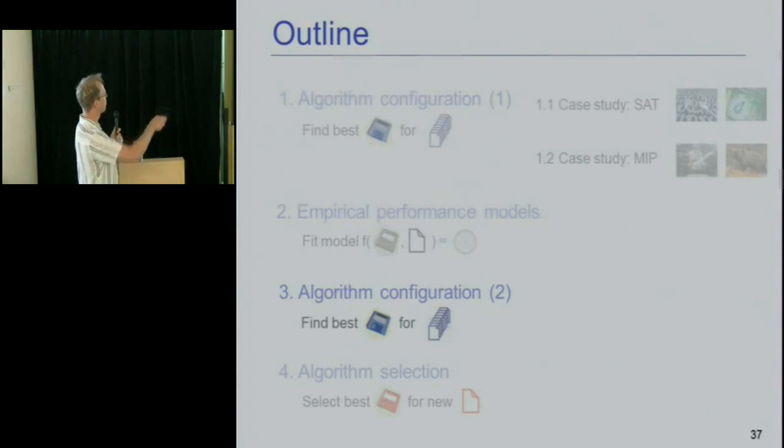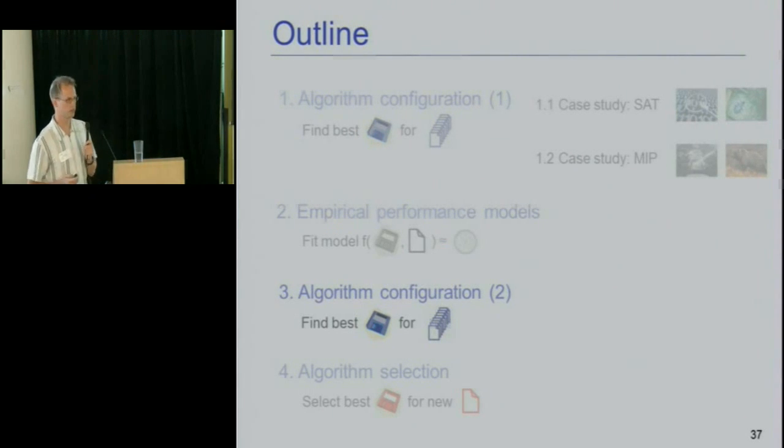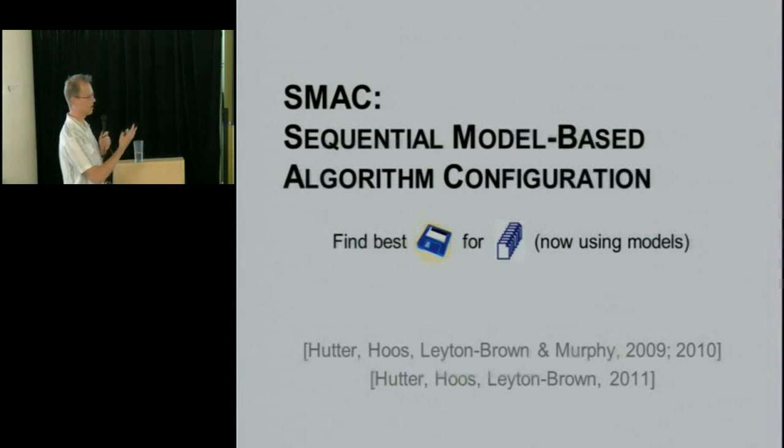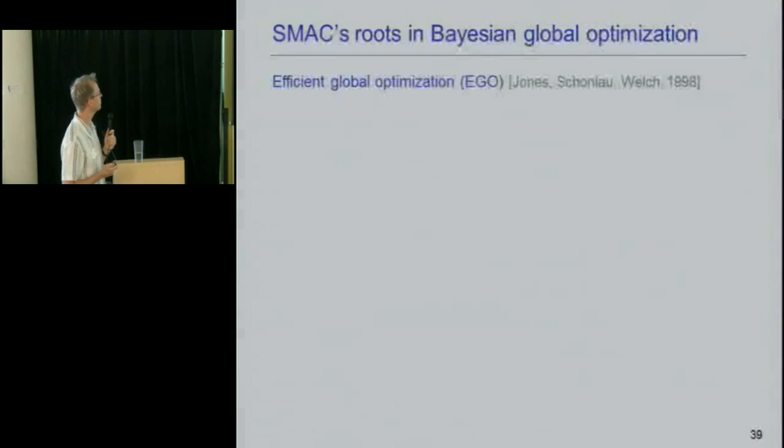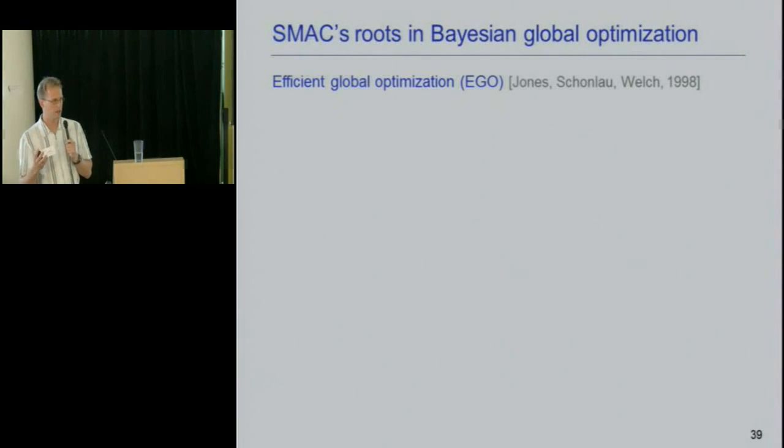So I'm going to talk about using empirical performance models for algorithm configuration. I already talked about algorithm configuration. That is, find the best parameter setting for a set of instances. And now we're going to use models for doing that. This work is motivated by Bayesian optimization methods, in particular efficient global optimization, the EGO algorithm by Sean Welch,